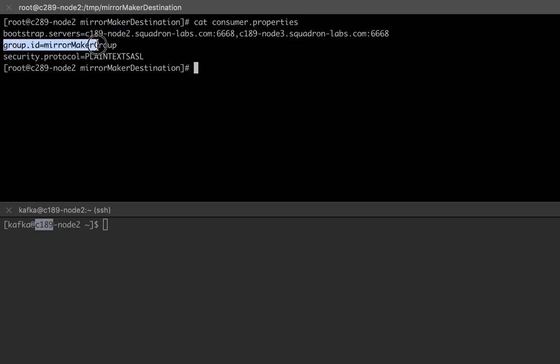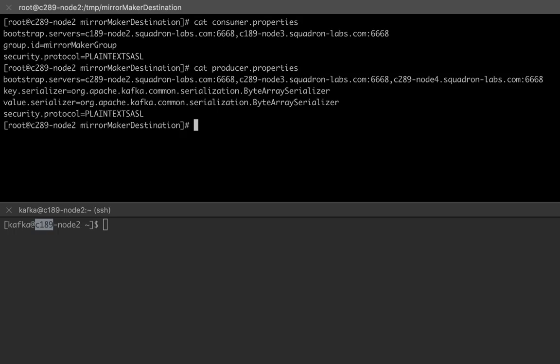Then I specify my group ID for this consumer, which will be called Mirror Maker group. And I specify the security.protocol, which is plaintext SASL, as this is a Kerberized cluster connection. On the other hand, I have my producer.properties file. And in this case, instead of pointing to the source cluster, we have to use exactly the same